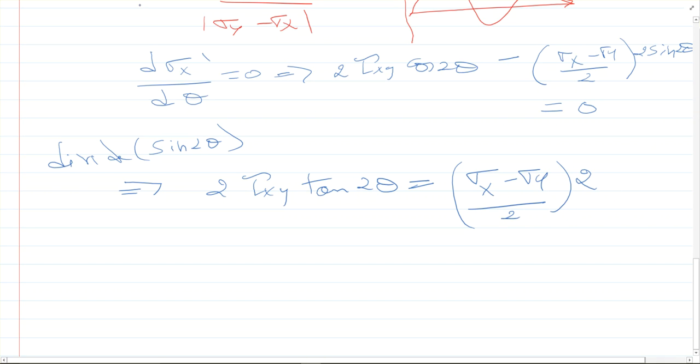And now we notice that we have similar terms on both sides. Now just the 2 and 2 are gone. We can simplify in terms of angle. So I have tan 2 theta equal, let me see,